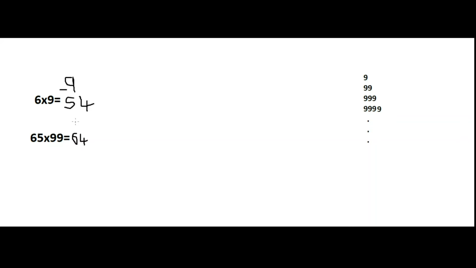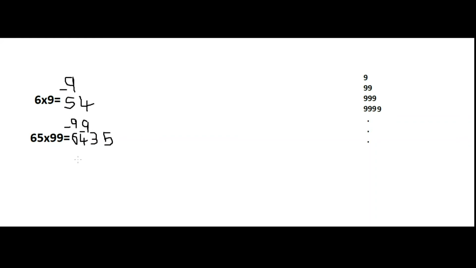That is, first we'll subtract 6 from 9. 9 minus 6, that equals to 3. And the next digit is 4. It should be subtracted from 9. That is 9 minus 4 equals to 5. 35 is the second part of our answer. We got the answer in seconds, right?